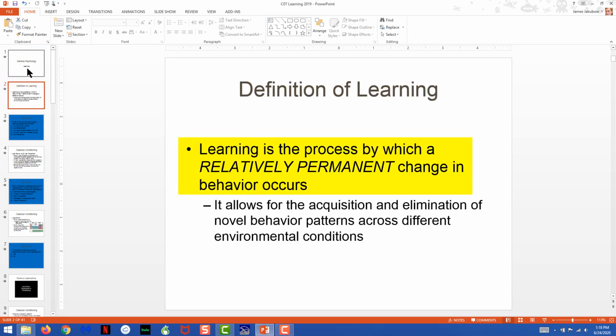Learning is defined as the process by which a relatively permanent change in behavior occurs. Now you see the word relatively permanent is there in capitals and italics, and that's because the main aspect of learning is that it always is changing. That is a key aspect of learning. It's all about behavior change, never stability over long periods of time like the retention of information, but rather specifically an adaptable component where you change your patterns of behavior.